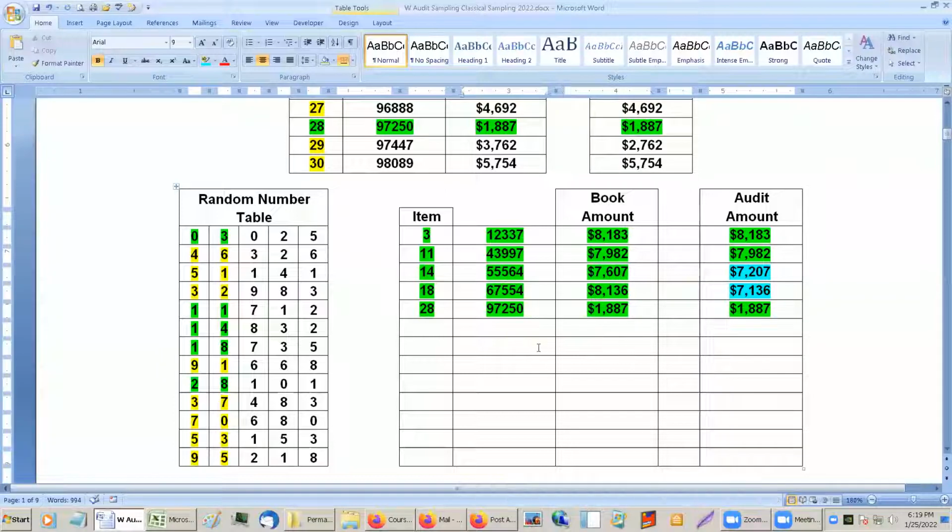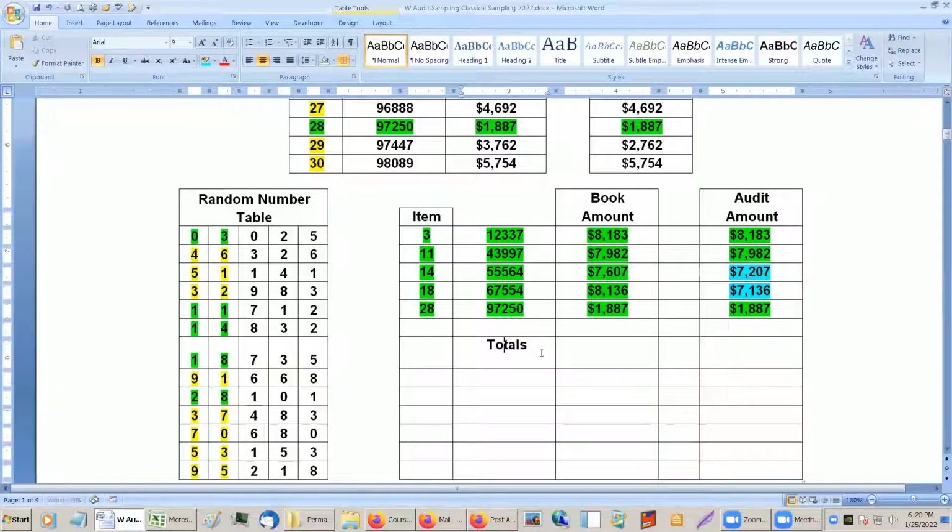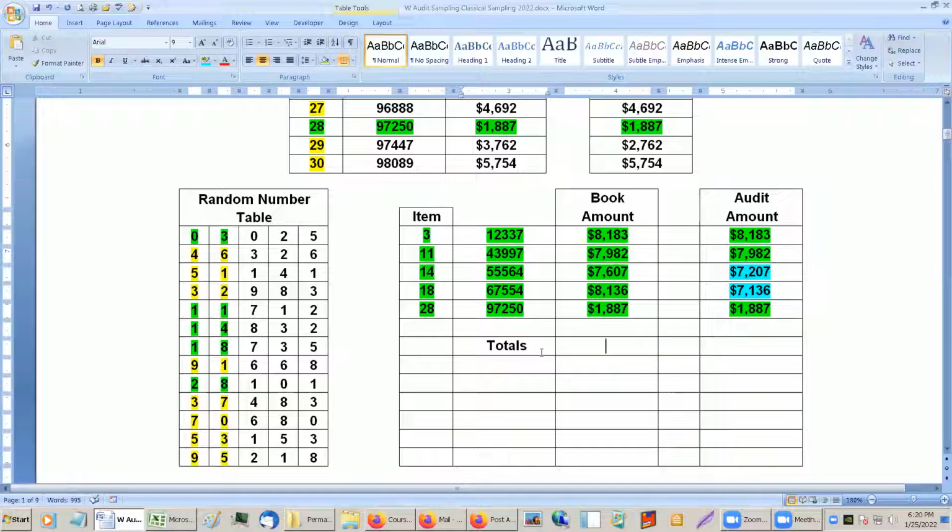So what we're going to try to do is get an average here for each of these. So we have the average for the book. Let me do something first. Let's get a total, and then we'll do the average. Okay, so the total for book is